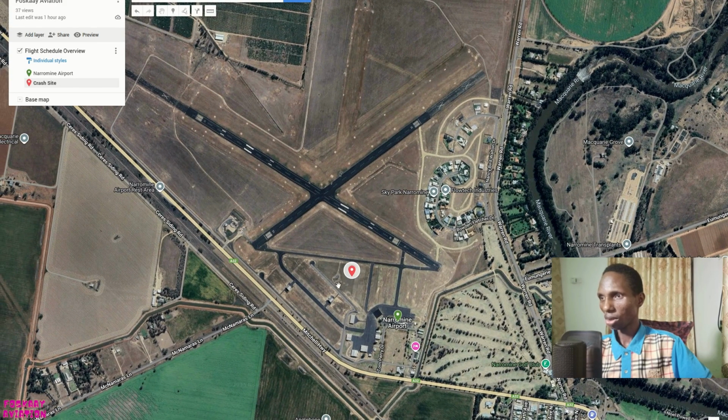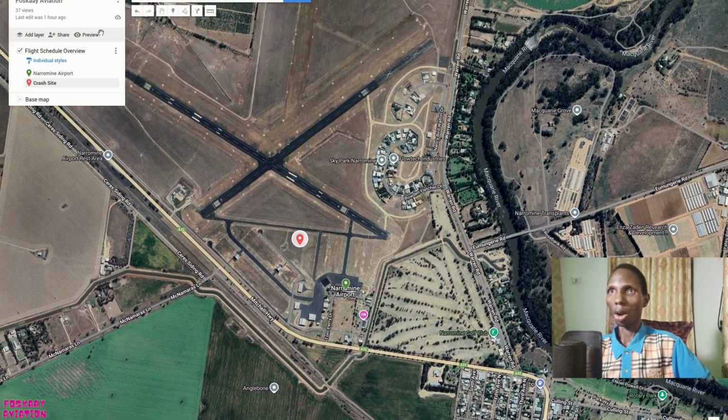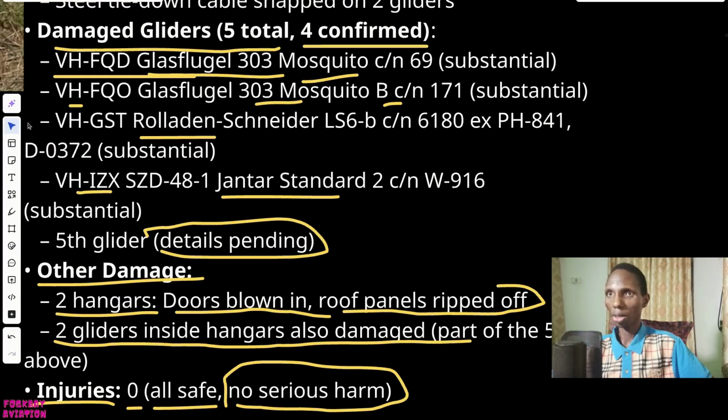This was said to be around the area where those gliders were hit by the heavy storm and suffered the damage. Probably some of the hangars around here as well. Hopefully we will be bringing you more details on any further updates later on.